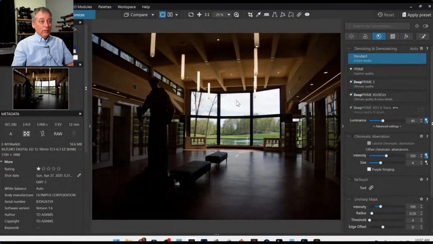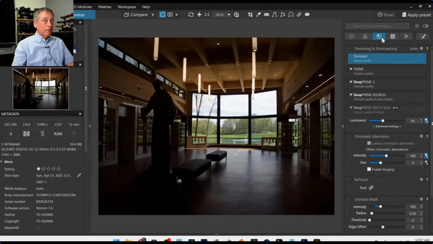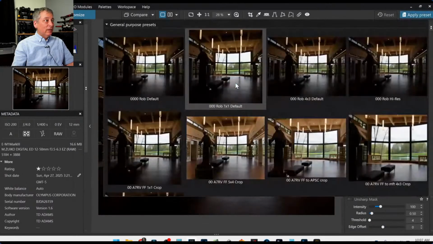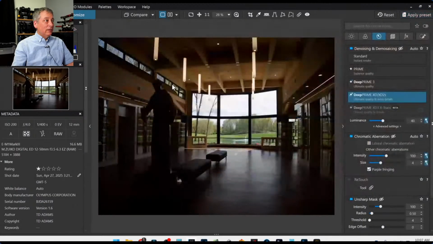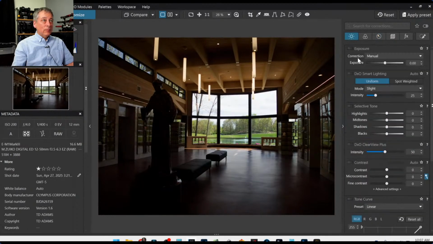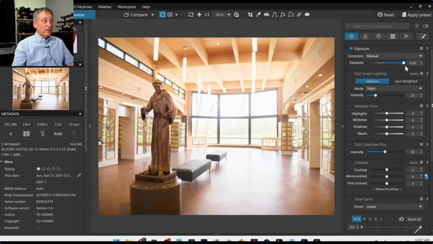Okay, so where's my stuff? Let's see. Let's apply basic preset. And then I'm going to brighten this up just so I can see what's inside, because this was exposed for the exterior, outside the windows. So the question is, how can I